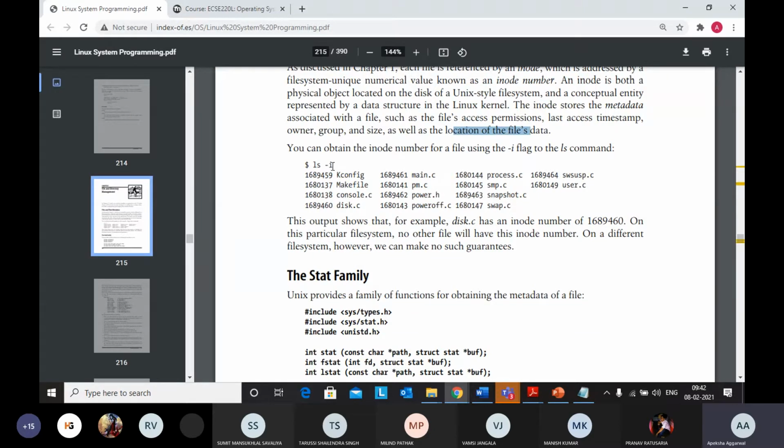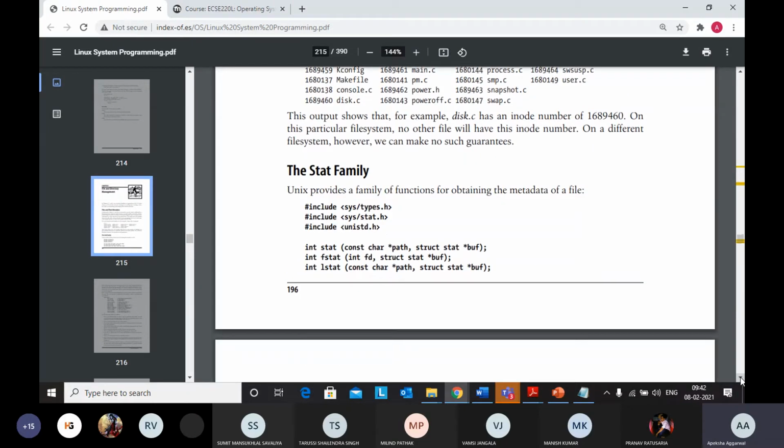So if you do ls -i, you will find the inode number of that file. All the files have unique inode numbers. Sometimes there is an error where two inode numbers are assigned to a file, but generally it is not the case.